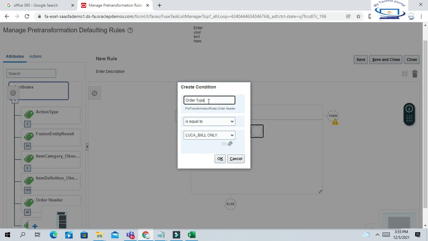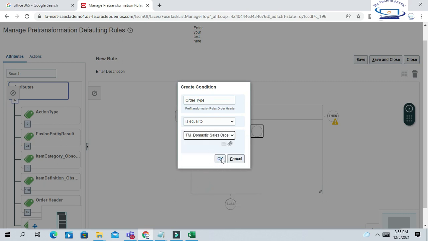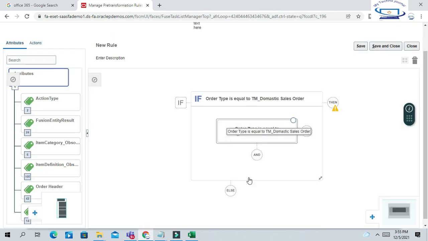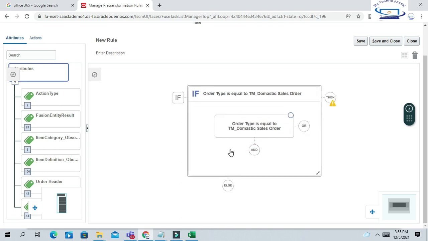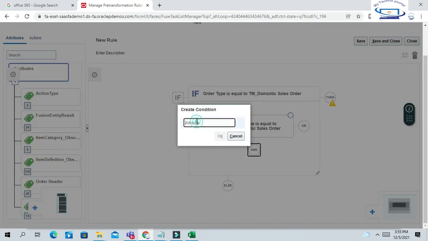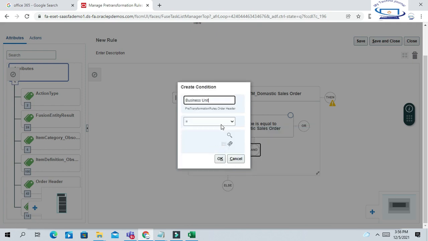So the condition is if the order type is equal to TM domestic sales order. This is my first condition, okay? And I can give another condition if I want. So I am giving another condition, okay? My order type is TM domestic sales order, and my business unit is US1 business unit, equal to